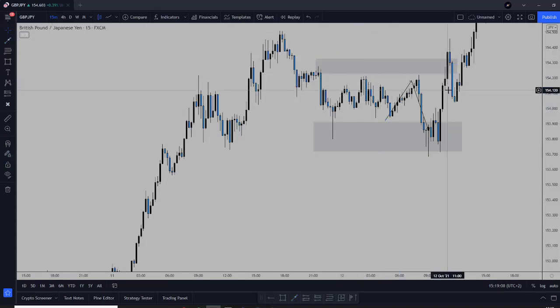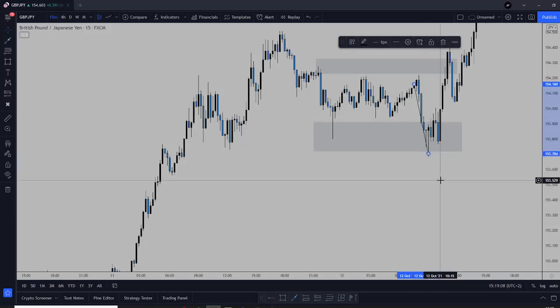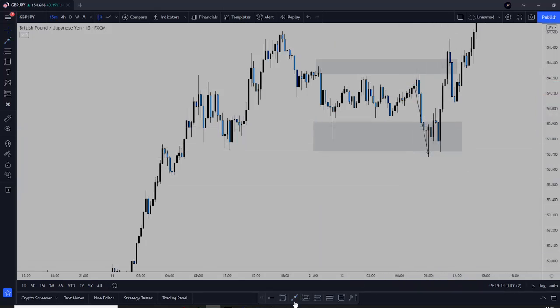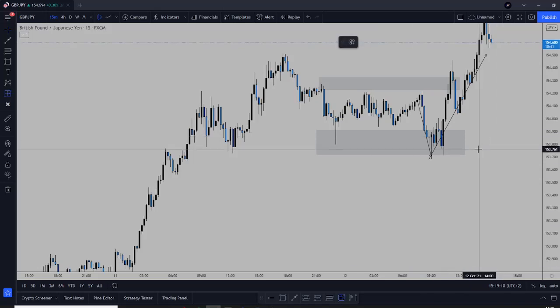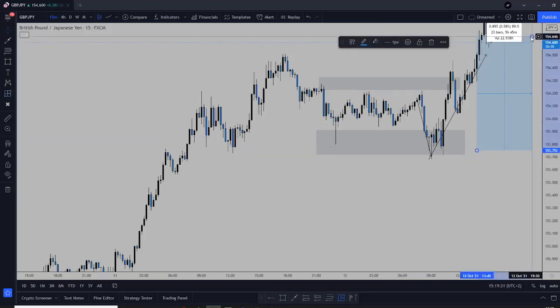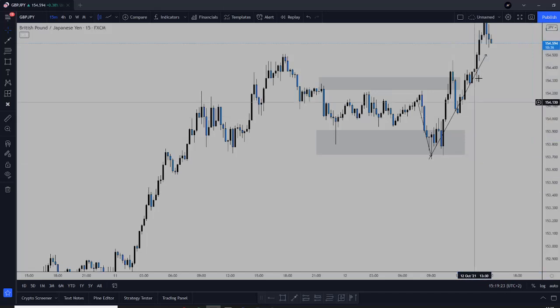So as you can see, we have ranging price action, and we see finally a breakout of this ranging. Then we have some rejections forming, and then finally the whole move starts, and we made a pretty big move. This is almost 100 pips. Yeah, it actually got over 100 pips. So that's just crazy, because you can enter here with a nice stop loss, 10, 15 pips, and have like a 100 pip target. So you can have almost 1 to 10 or 1 to 8 maybe, or something like that.